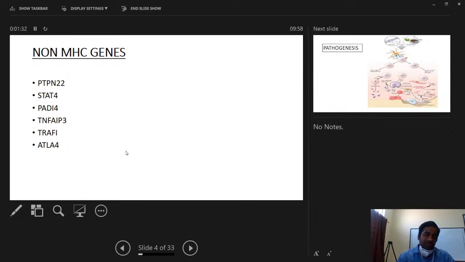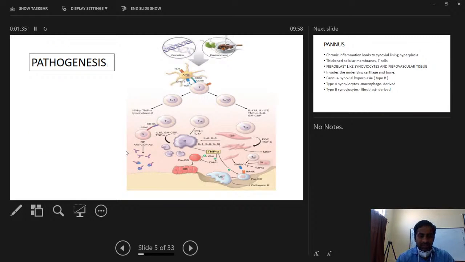Just remember the names. Coming to the pathogenesis, you all know it's an autoimmune disorder. You have genetic factors, environmental factors, and antigen presenting cells. The most common cells responsible for rheumatoid arthritis are T cells: Th1 and Th17. These are responsible for production of interleukins. Th17 is responsible for interleukin 17A, 17F, TNF alpha, IL-6, whereas Th1 is responsible for production of interferon